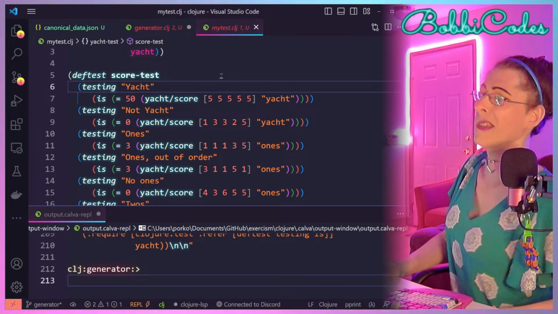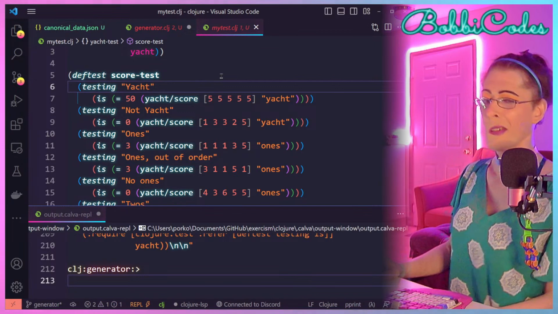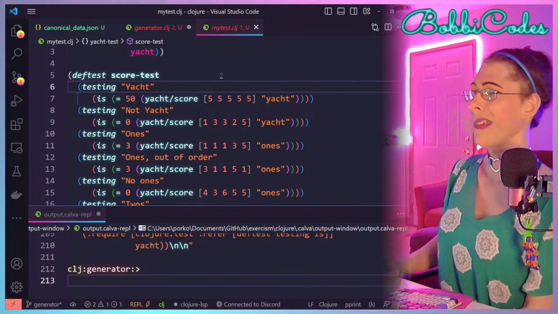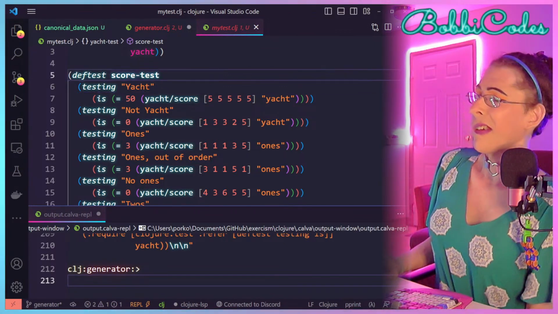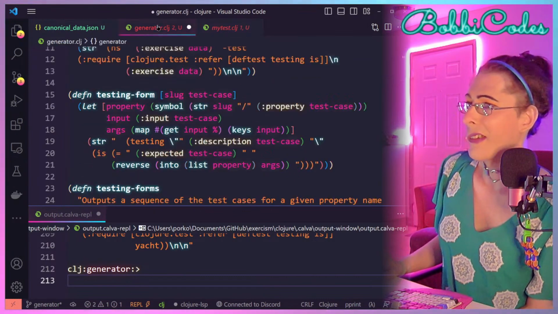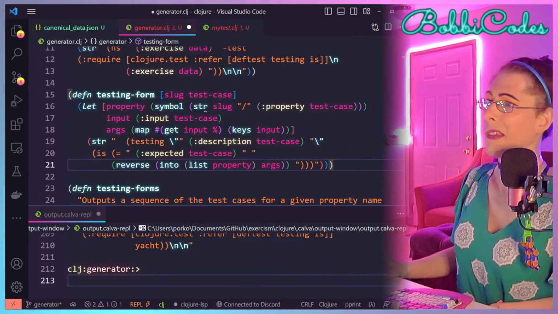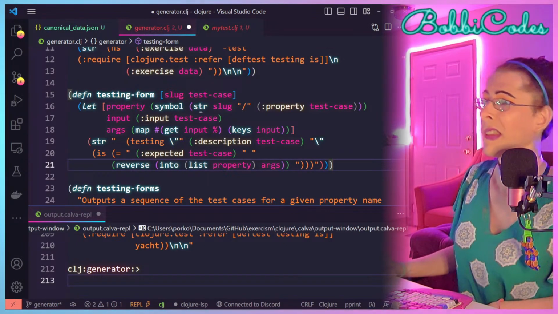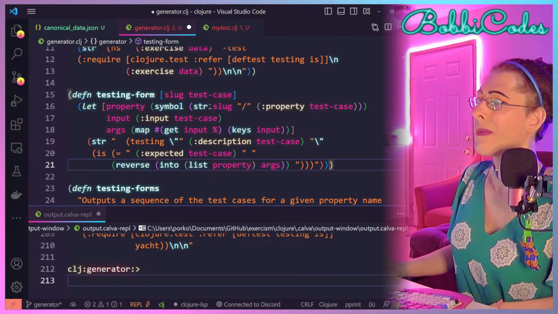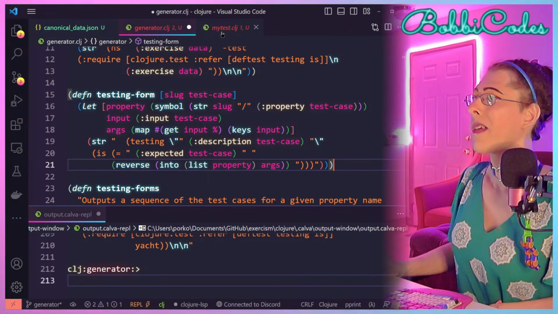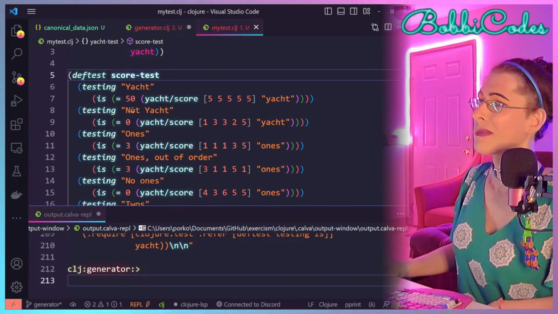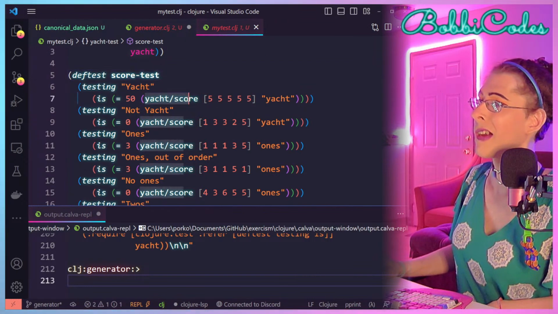I can look at how it's done in the other exercise. That might be, but... alright, well, I'm getting ahead of myself. So that's the testing form. It takes an exercise slug. We need that so that we can form this thing here, yacht score.